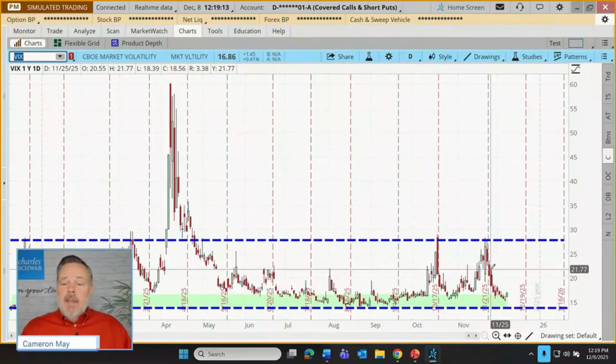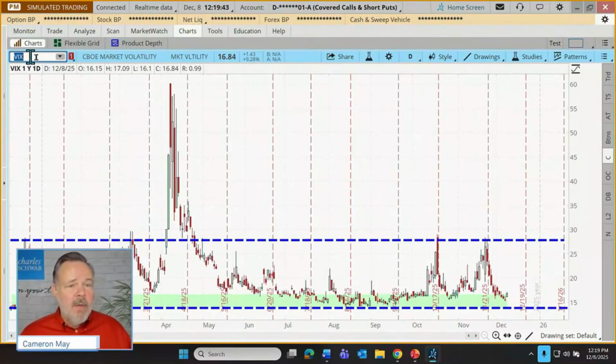It could be that the stock is the right price for them if they wind up buying the shares or getting assigned through a put. Might be affordable for their portfolio. They might also be attracted to a stock because it has lots of liquidity and the options tend to be more favorably priced as a result. In other words, the spread between the bid price and the ask price tends to be narrower when a stock is more liquid and its options are more liquid. But a final consideration is just what's happening with the chart.